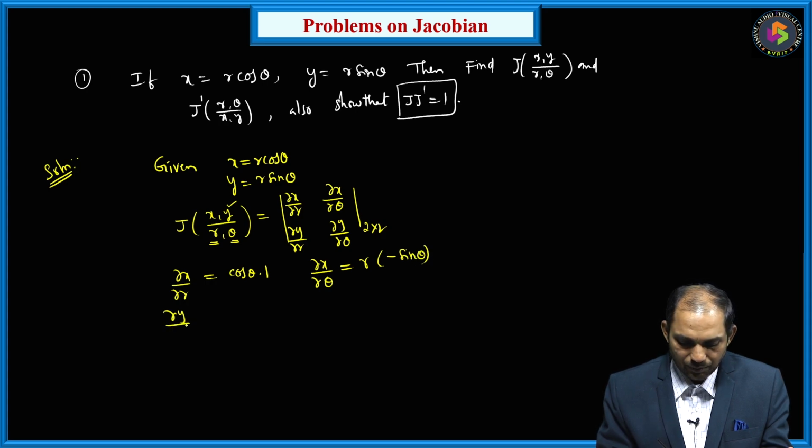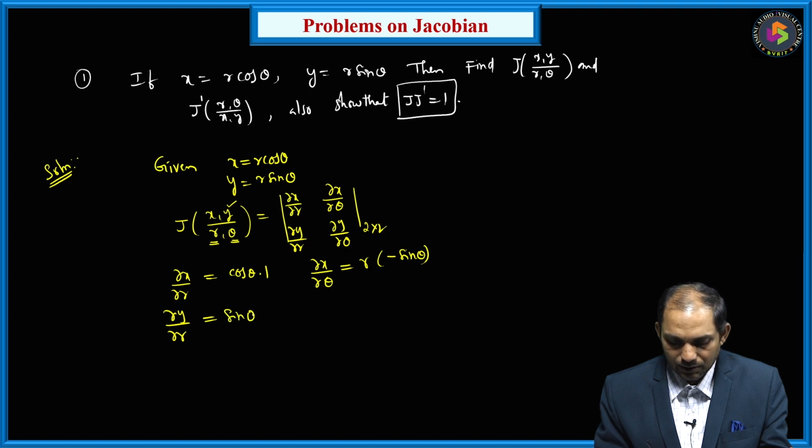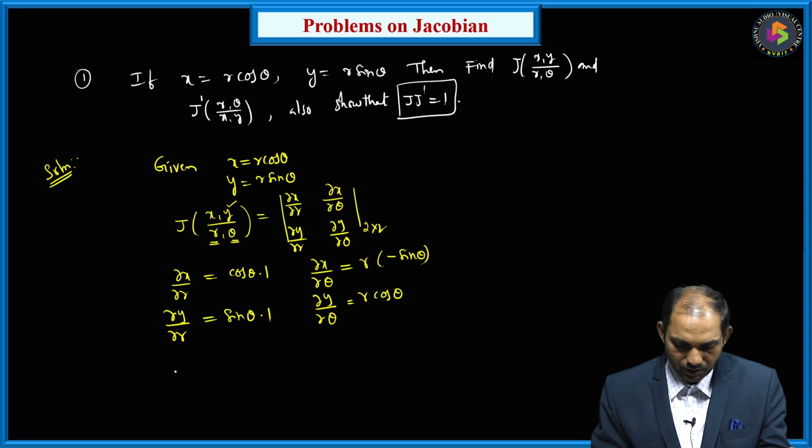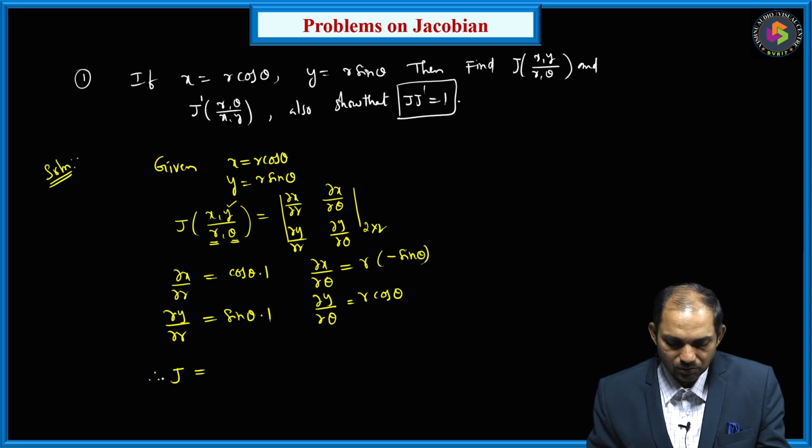Similarly, dou y by dou r: taking y equal to r sin theta and differentiating partially with respect to r, sin theta is treated as constant and the derivative of r is 1, so we get sin theta. Dou y by dou theta: the derivative of r sin theta is r cos theta, with r treated as constant. Therefore J is equal to the Jacobian of these two functions with respect to r and theta,